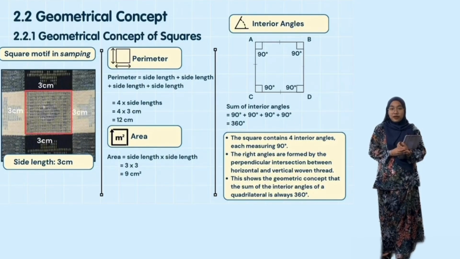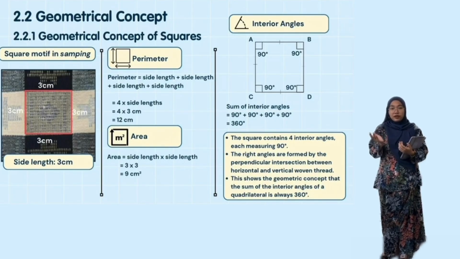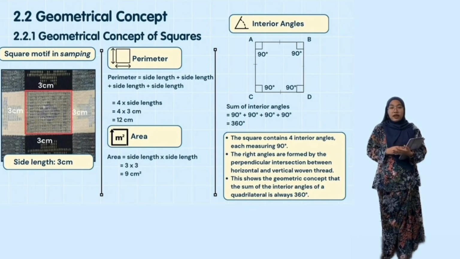Next, the area of the square is calculated by multiplying the side length by itself. The area obtained is 9 square centimeters, which is 3 multiplied by 3, giving 9. The area represents the amount of surface enclosed within the square. In the woven stamping, this area determines the space available for decorative motifs and patterns. A larger square would provide more space for the motif, whereas a smaller square would limit the size